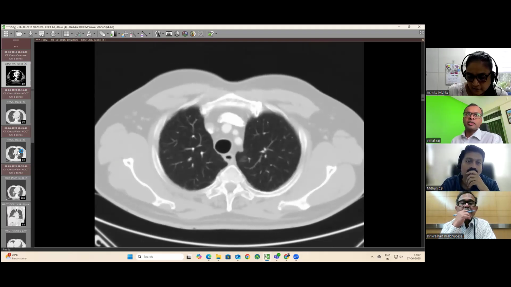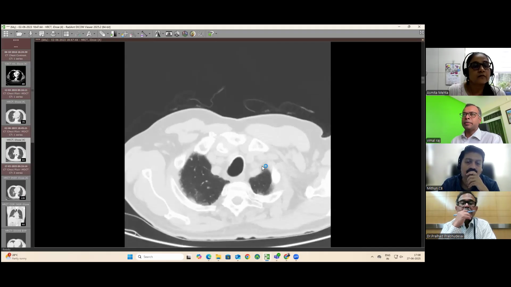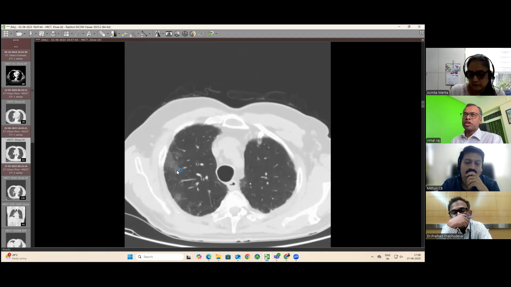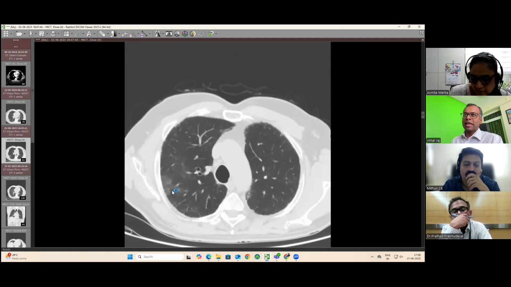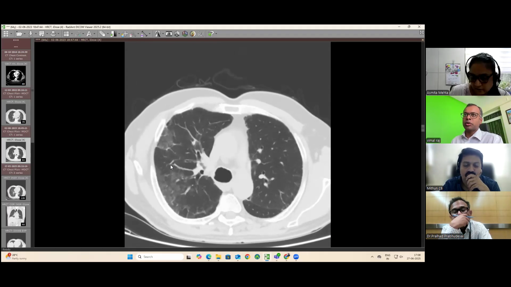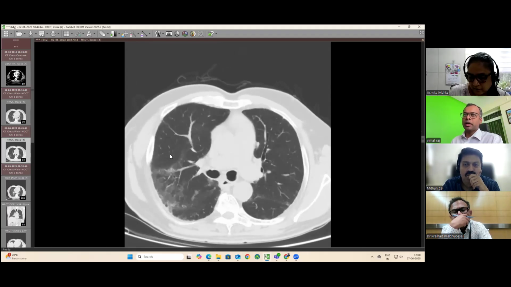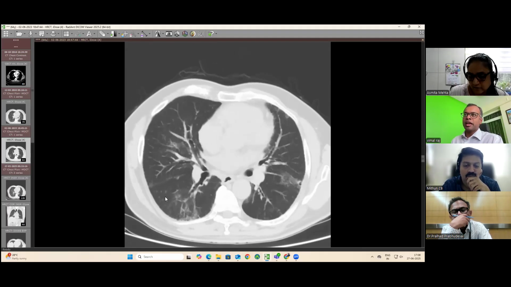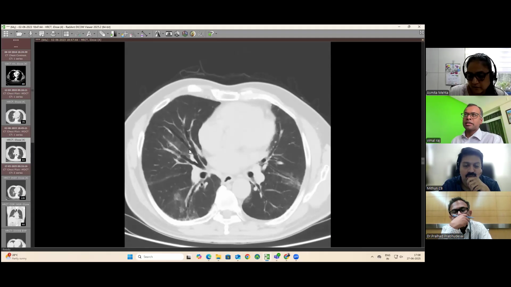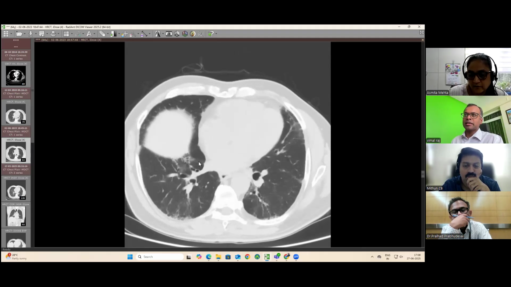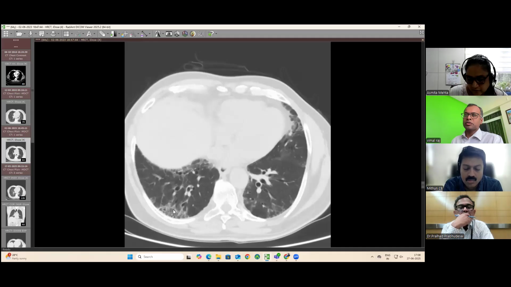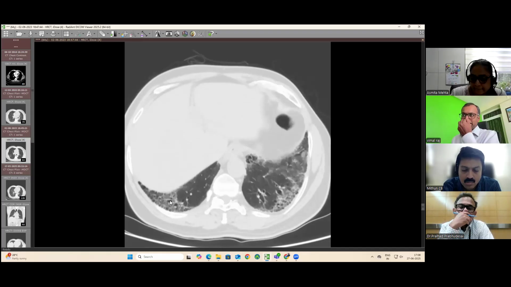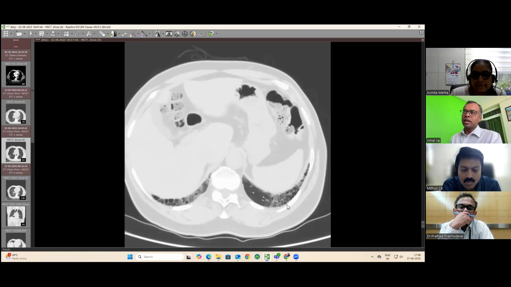Then if you fast forward to 2023, we started to see subpleural changes, more ground glass, lesser reticulation in the upper lobes. As we keep going down, you will start to see more and more ground glass. Some subpleural cystic changes have started to come in. Traction dilatation of bronchi is already settled, and there are diffuse areas of ground glass consolidation with some cystic changes. Bronchocentric disease, but extending all the way out to the periphery.